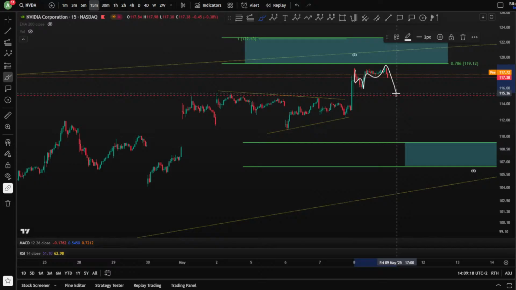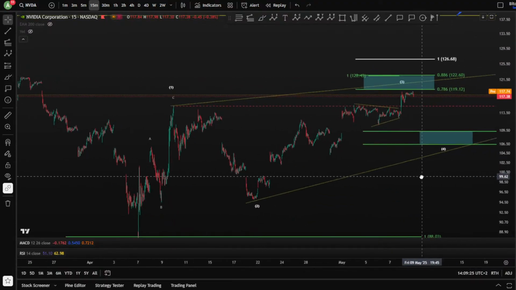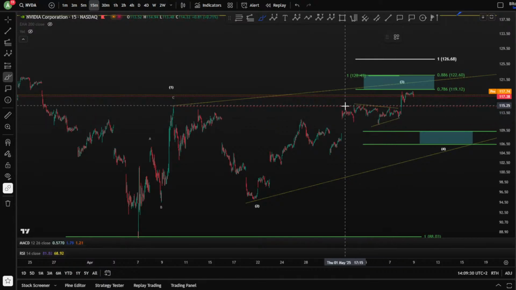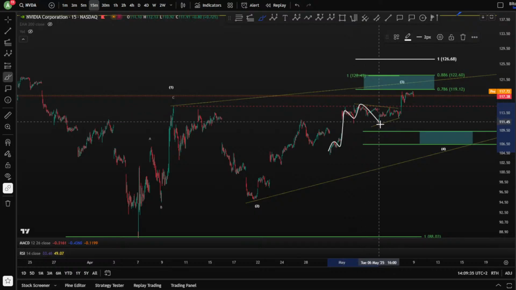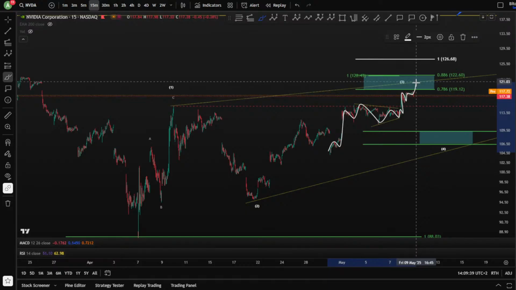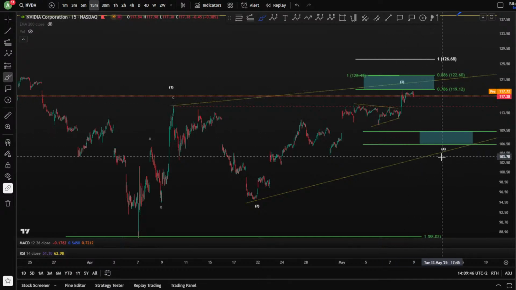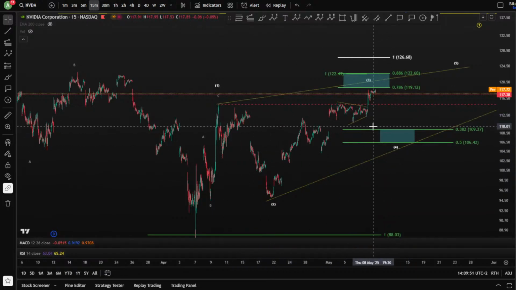It's gonna test your nerves a little bit, and then moving one more leg toward the upside inside this blue box potentially. Why? Because you have, of course, here after a triangle, you have first 1, 2, 3. This is your wave for A, B, C, D, and a E. 1, 2, 3, 4, and a 5. You're still looking for higher. Okay, and this is 3 waves corrective, meaning, of course, it's gonna be deep correction and then moving for higher one more time again. That is for Nvidia.